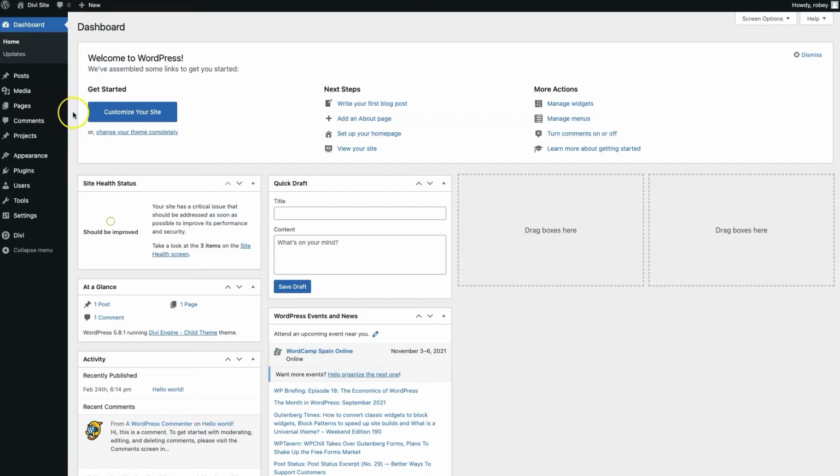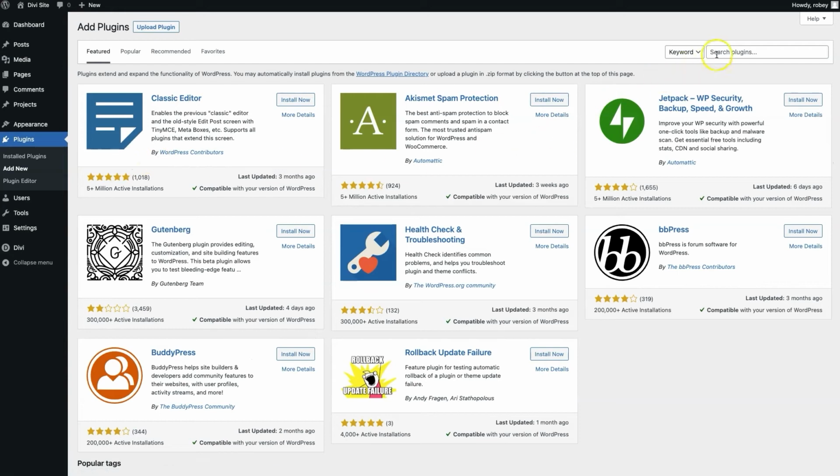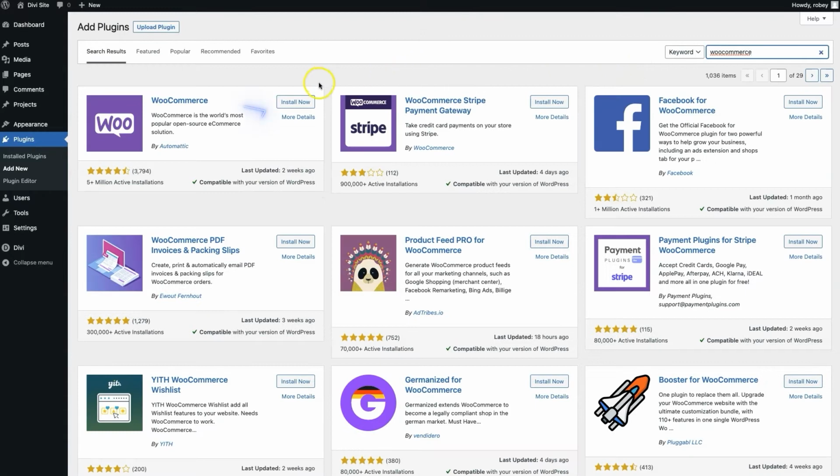So to install that plugin, we're just going to go to Plugins here. We're going to click on Add New. And then all we need to do is type in WooCommerce into the bar here and click on Install Now. We will be doing some configuration around the WooCommerce plugin in one of the next steps here. All right, so it is fully installed now. Now the next step is we need to make sure to activate the plugin. So we just click the button,